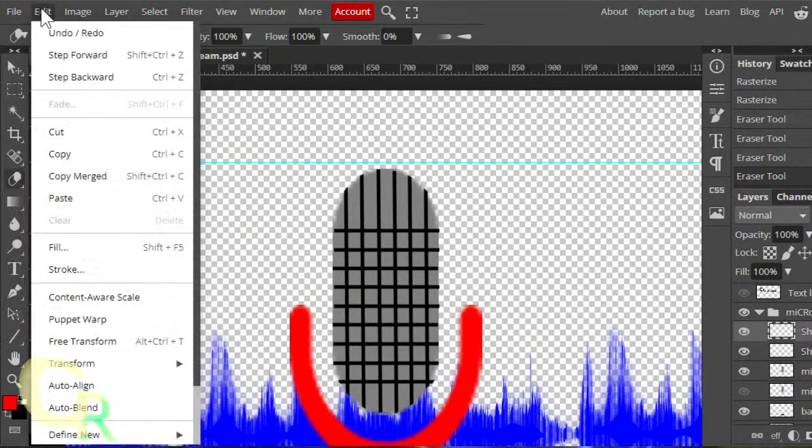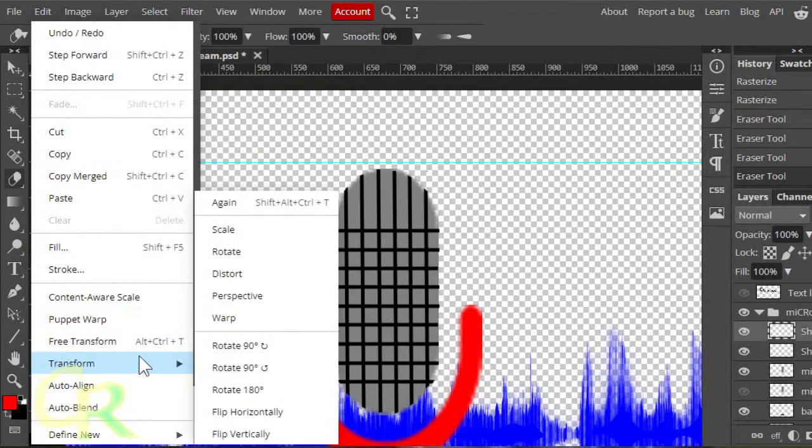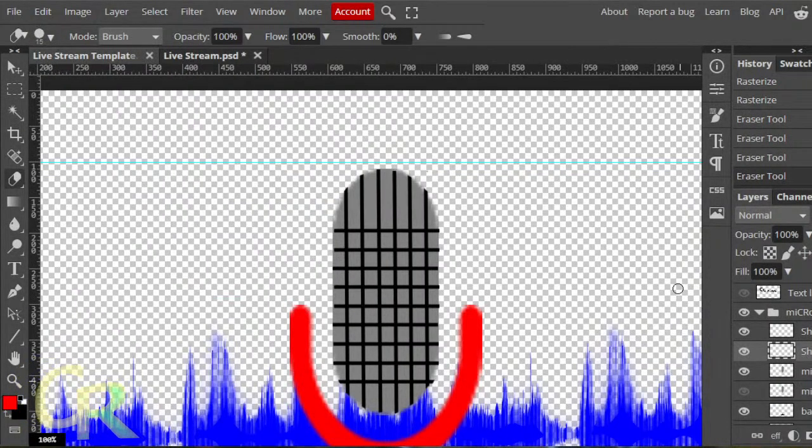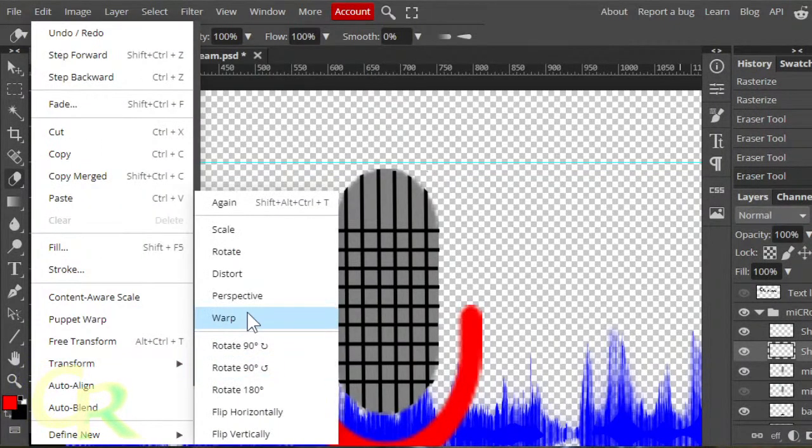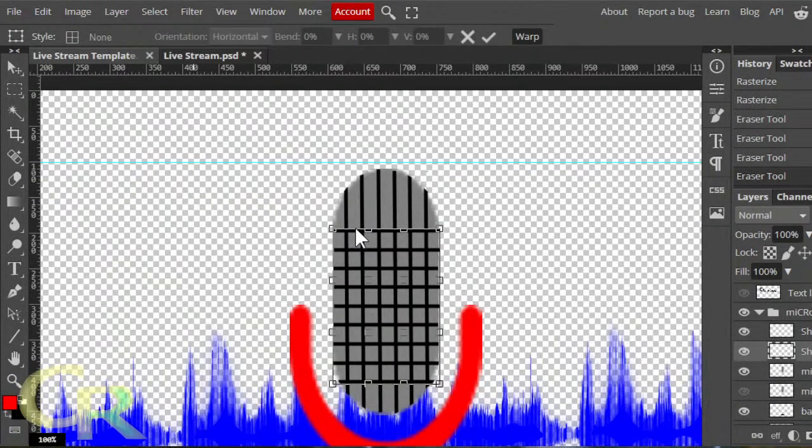Now go to edit. I'm gonna go to the horizontal one, which is the one below it. Go transform. I think more might do this. I guess we'll see.